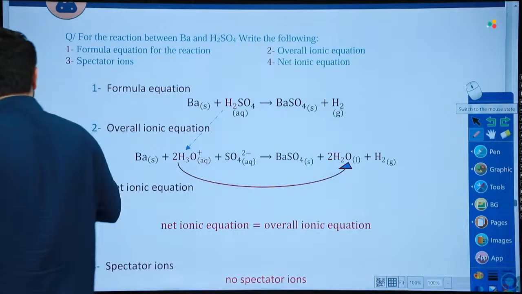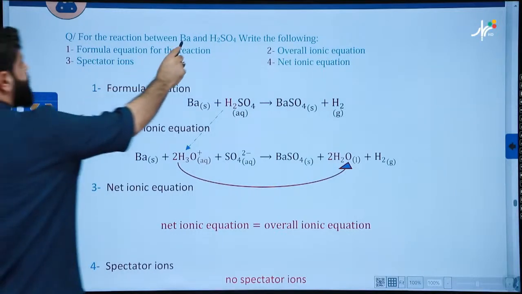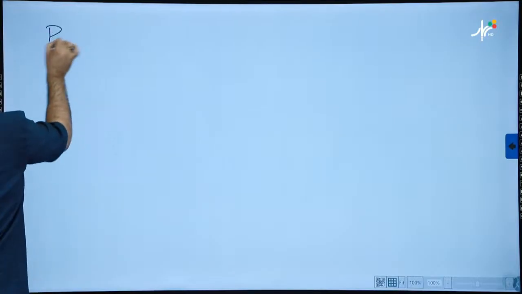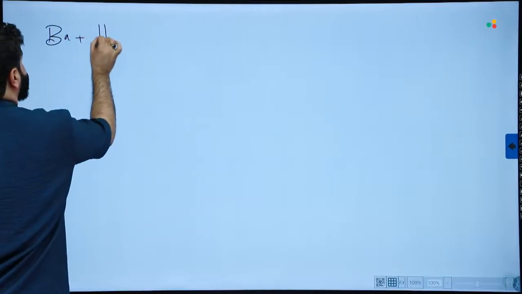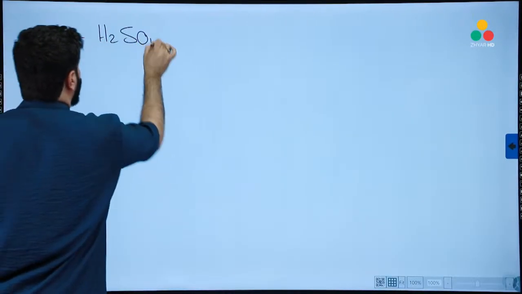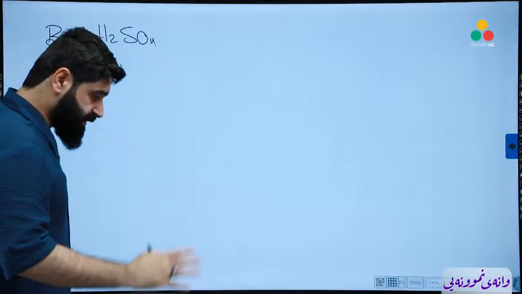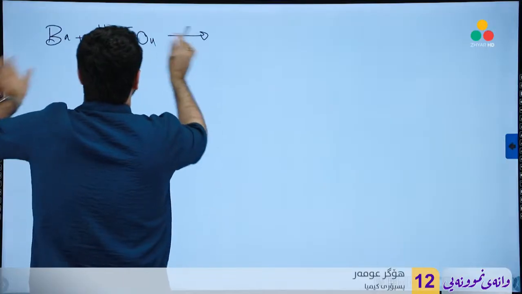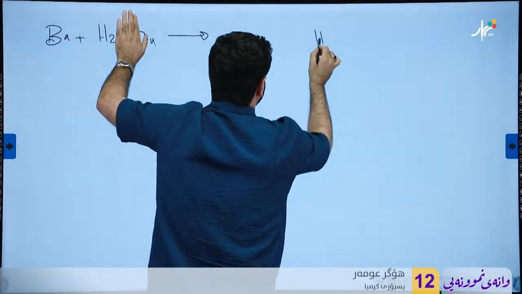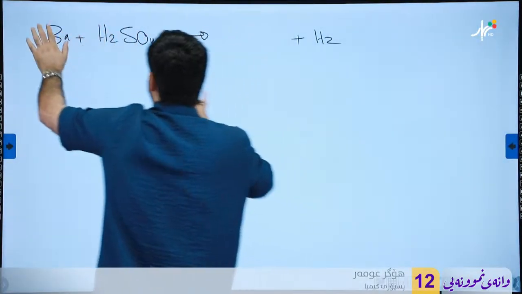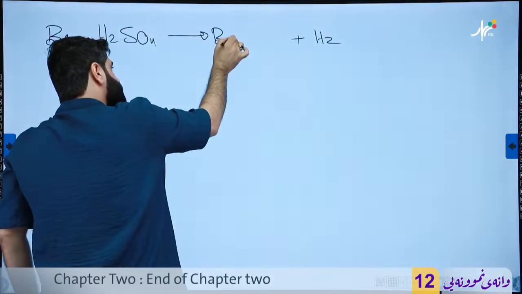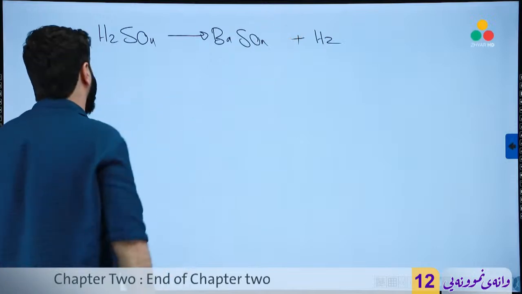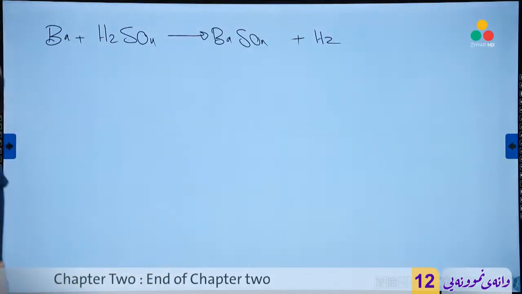Another equation, another question. I mean, the reaction between Ba and H2SO4. Look, Ba plus H2SO4. This is a reaction between the active metal and acid. The products will be, remove all the hydrogens as H2. What is left? BaSO4. They have the same amount of charge, plus 2 by negative 2. They cancel out each other to get this, and the reaction is balanced itself.